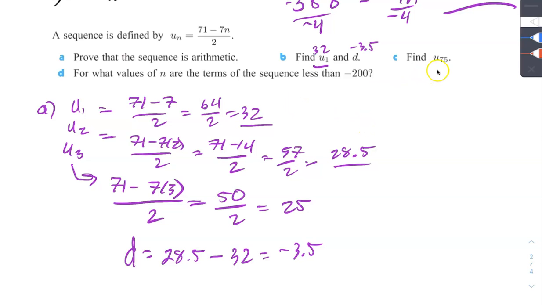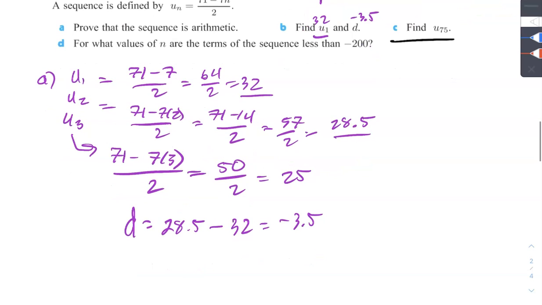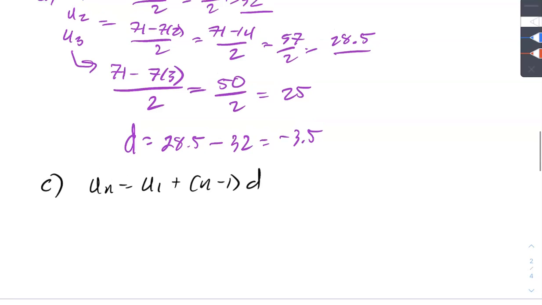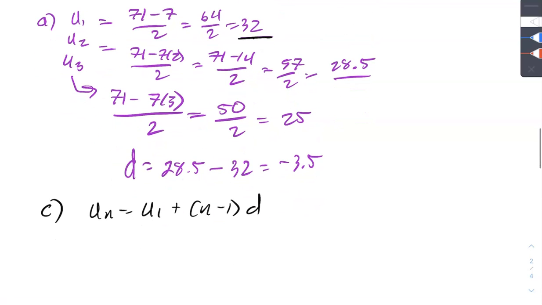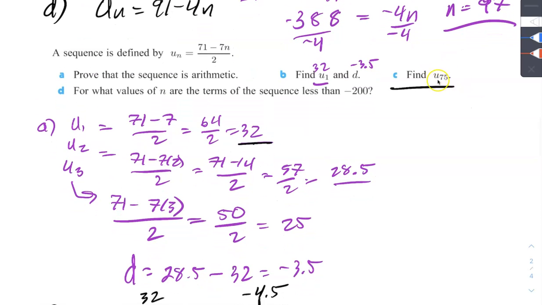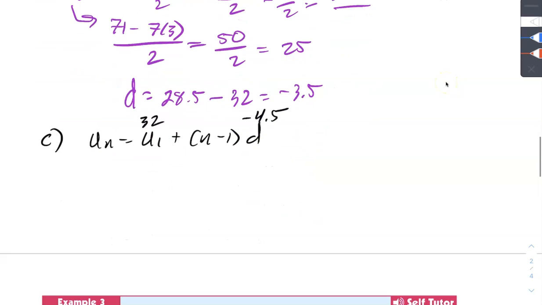Now find u75. To do that, I think it's probably easiest to write the general formula. So it's un equals u1 plus n minus 1 times d. Again, we know what u1 is. It is 32. Common difference is negative 4.5. Now, since all I want is the 75th term, I can just substitute in 75 for n. So I get u75 equals 32 plus 74